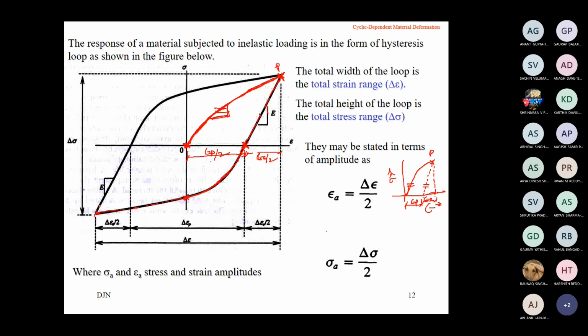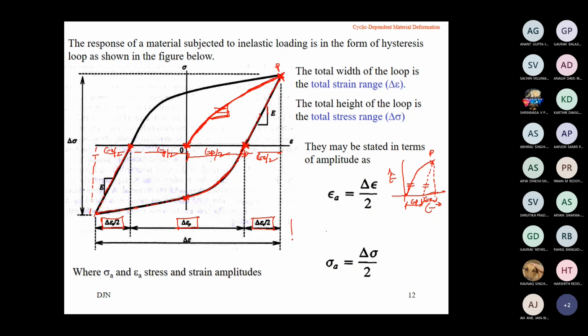And from there, if you release, you will find the same behavior you observed earlier: some elastic recovery, some plasticity. So you have some elastic recovery, epsilon E by 2. The by 2 is only to indicate a full cycle, tension and compression side. In the half cycle a certain thing happened, in the next half another thing happened. So you can see the total range of plastic strain here, delta epsilon P, and the total range of the elastic part. It is a range, therefore delta.